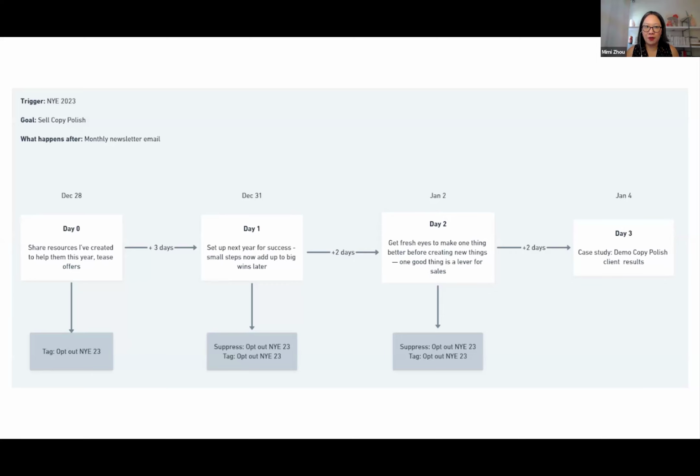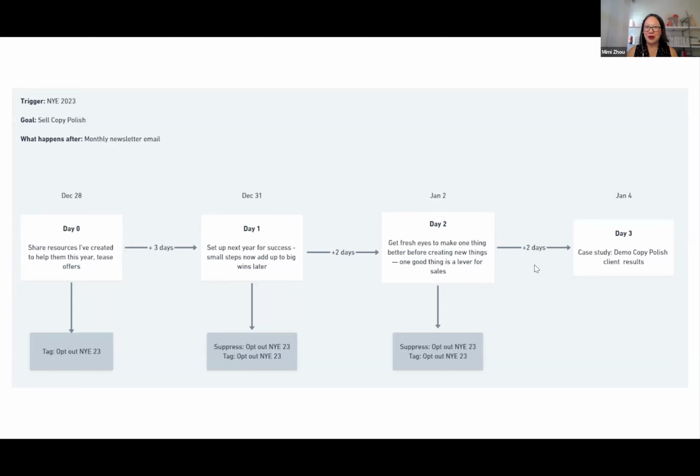So I'd like to note that I have thought about all of these things before I have thought about the copy at all. And this is why strategy is so important. You need to define these things before you get to the copy. The copy is the most fun part. It's also the shortest part, which people I think find kind of disappointing. But if you don't define the strategy, the copy isn't going to work.